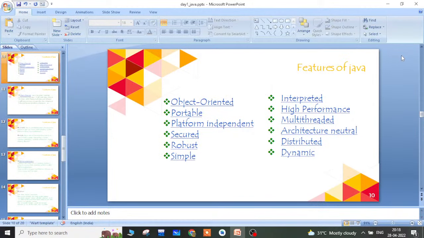and we can say Java is dynamic in nature, and it is interpreted. Like I already said, the Java programming language executes in two phases: it is compiled and later interpreted. There is a difference between compilation and interpretation.